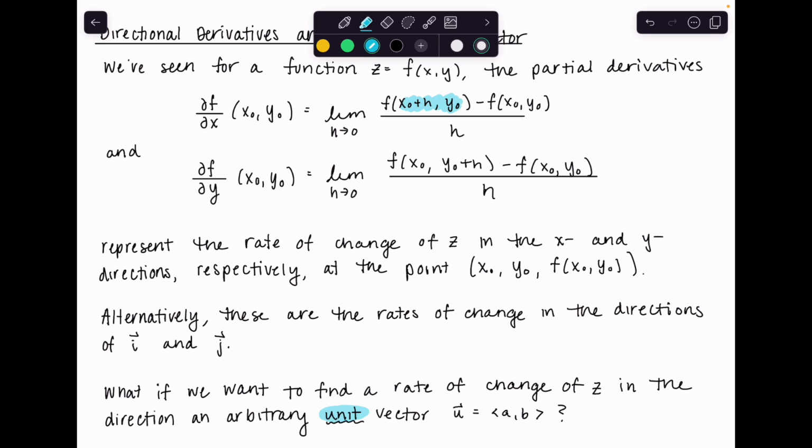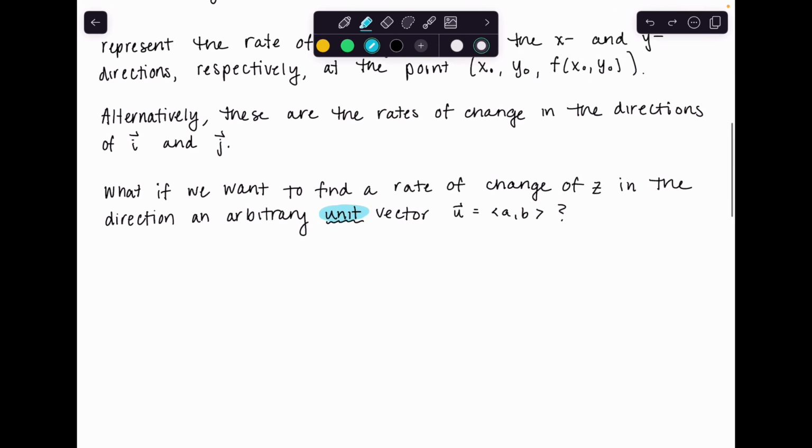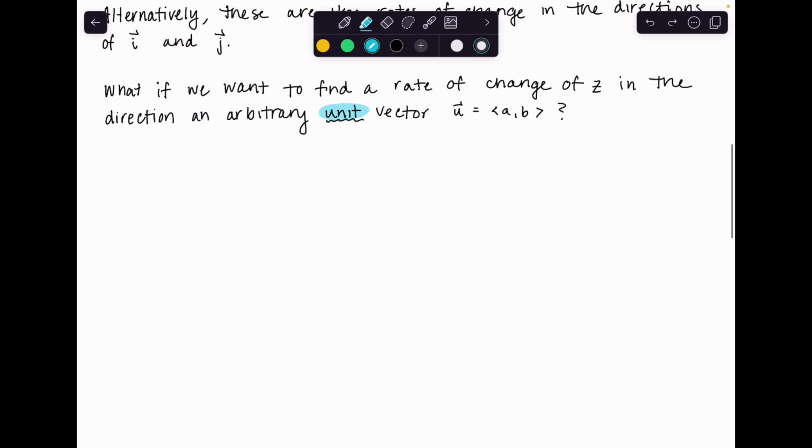So instead, we're going to build this and condense it to a single variable limit, just dealing with h. Then we'll see if something else pops up, maybe utilizing our chain rule, that will make this derivative easier to calculate, because we definitely do not want to go through a limit definition to calculate a derivative. So we're going to try to draw a nice picture